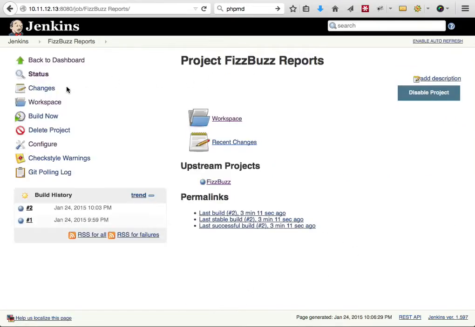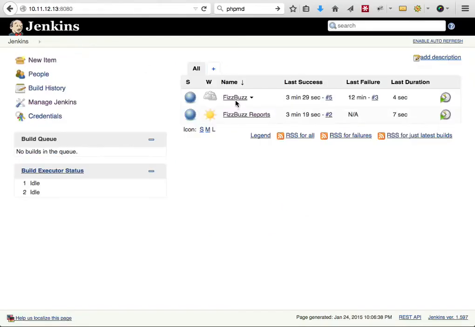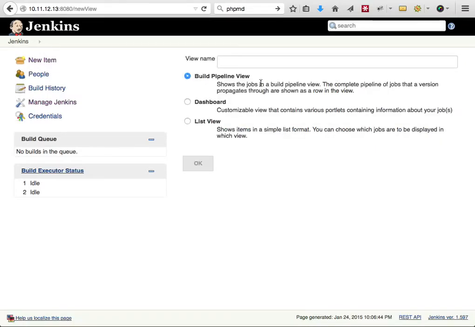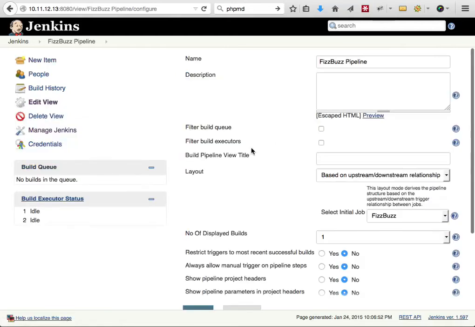While we're at this, we've got this one built twice. I'm going to go back to the dashboard. You'll see that we have FizzBuzz and FizzBuzz reports. So let's change this up so that it looks cooler anyway, and build a pipeline view and call this FizzBuzz pipeline. Now, since we made the primary FizzBuzz the tests